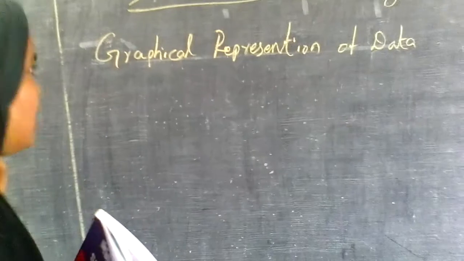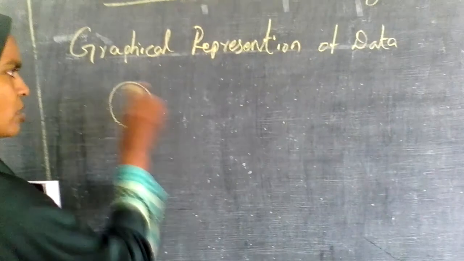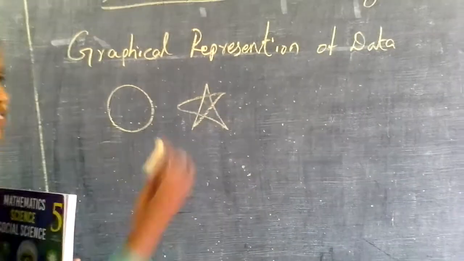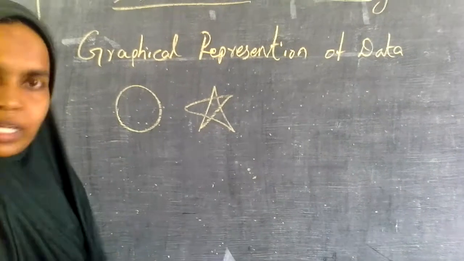Next we will go for a graphical representation. Graphical representation of data. Now we have represented the data with numbers. Graphical representation means a different graph. It may be a square, it may be a ball, it may be a star, it may be anything. Graphical representation is drawing, like an airplane. That's it. Right? See here in your book, this is a graphical representation. It is an easy method to calculate and tabulate the data.